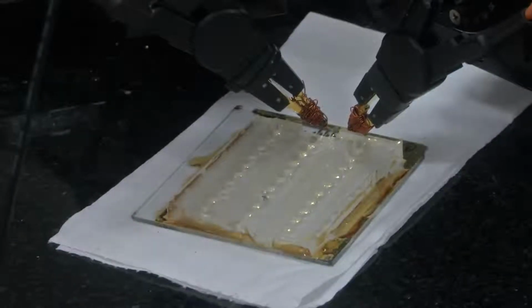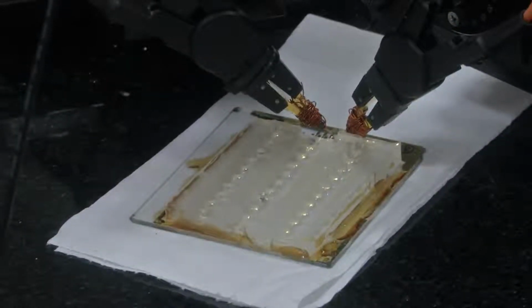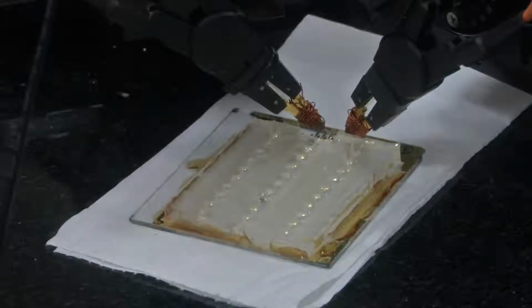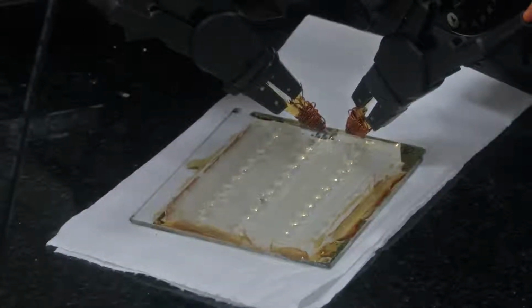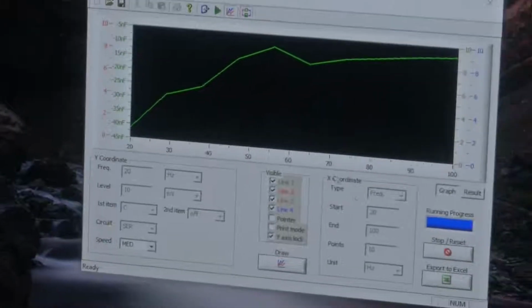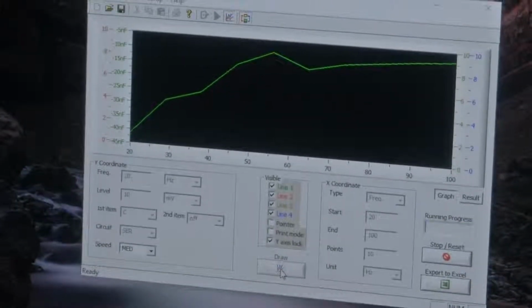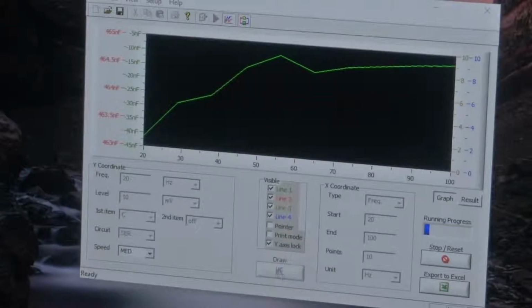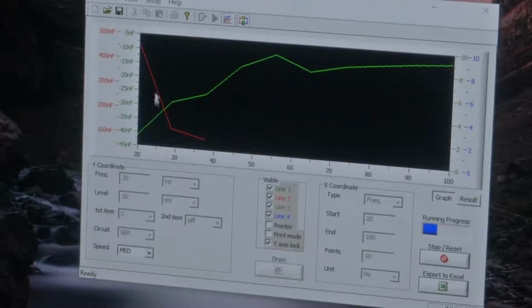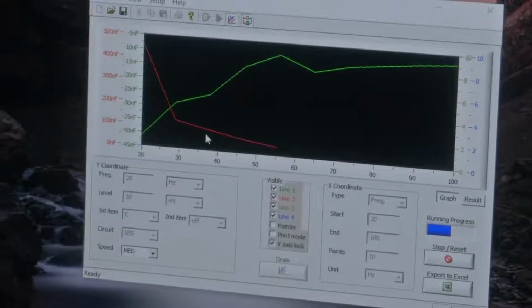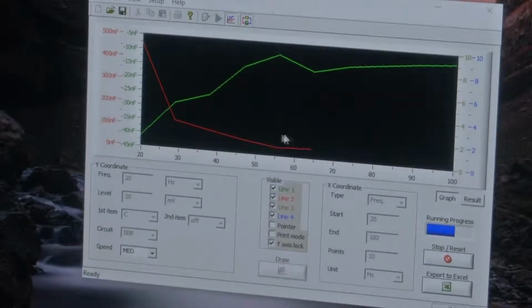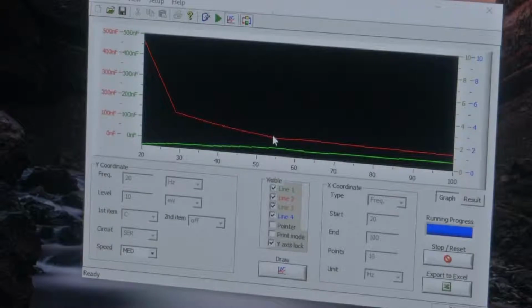Now that the well is filled with water, let's do the frequency sweep and check the impedance measurement. As you see, there is a drastic change in the measurement here. So this was the empty well, and here, as you can see, this is the capacitance.